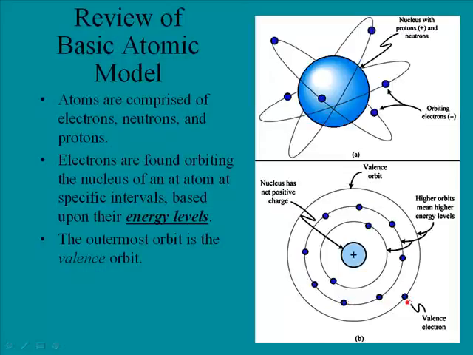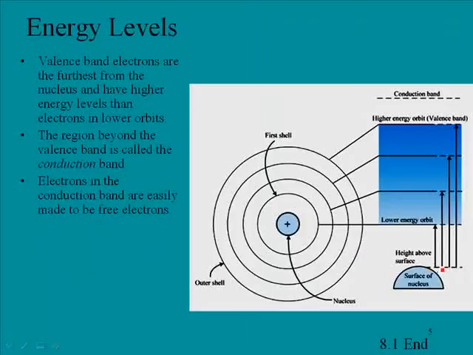And the electron out here, and we're looking at a conductor right now, only has one electron in the valence shell, and so the valence electron would have the highest energy. Okay, valence band electrons are the furthest from the nucleus and have higher energy levels than the electrons in the lower orbits. And here we see